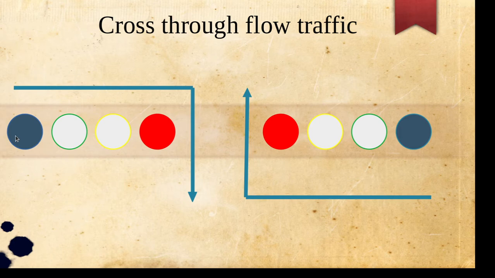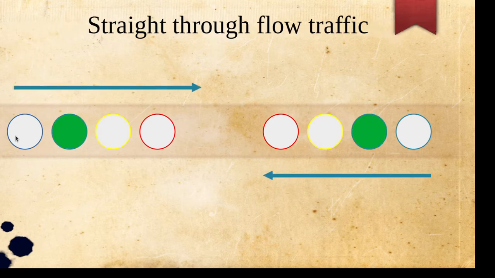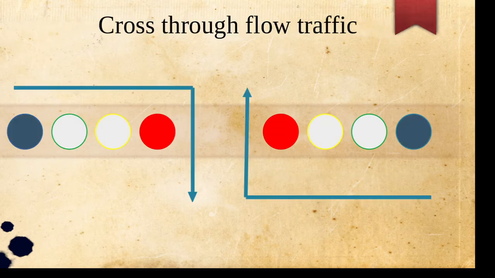And one more important point to consider in our logic is, as the traffic is flowing from left to right and from right to left, there should not be any traffic movement from upward direction to downward and from downward to upward direction. So that we are not showing here, but we will use the red LEDs and we will light two red LEDs using a single digital output pin of Arduino, so that there won't be any traffic movement from top to bottom and bottom to up. So this is the cross through traffic.